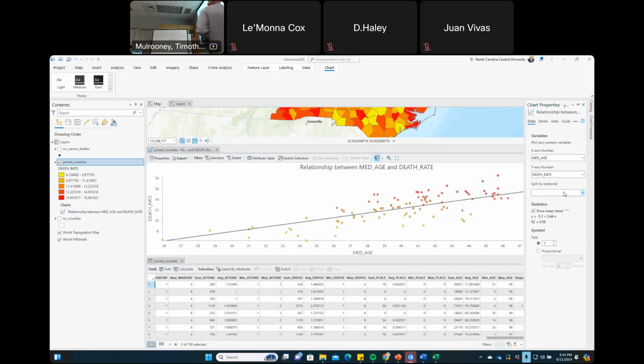What do you see here? And so we have the different counties, we have the median age, and the death rate.